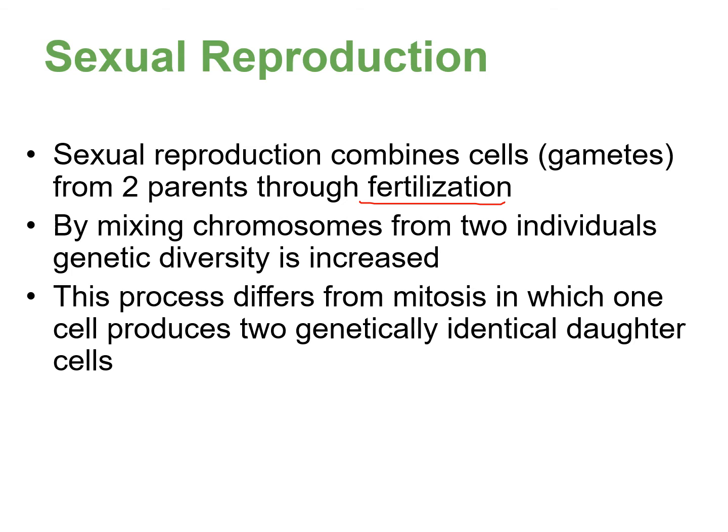So this highly evolved process of sexual reproduction involves the production by parents of two haploid cells and the fusion of two haploid cells to form a single genetically recombined diploid cell. And that will allow you to be the genetically unique organism that you are. So we've talked about haploid cells and diploid cells, so you should be familiar with those terms by now. The haploid cells that are part of the sexual reproductive cycle are produced by a type of cell division known as meiosis, and that's what we're going to talk about.